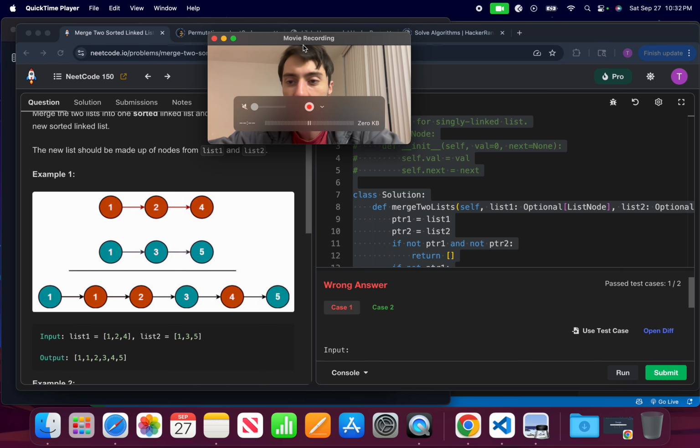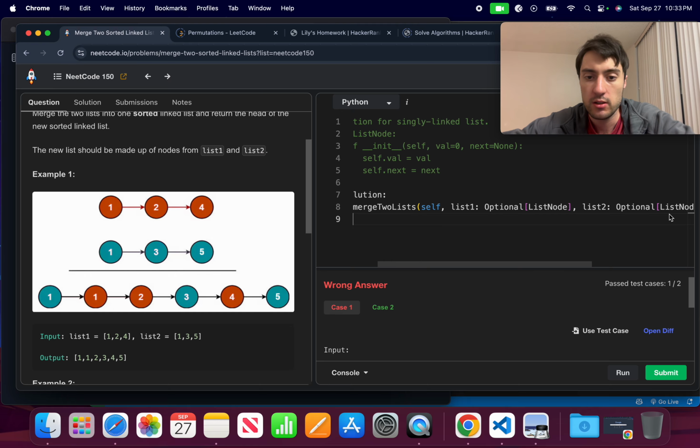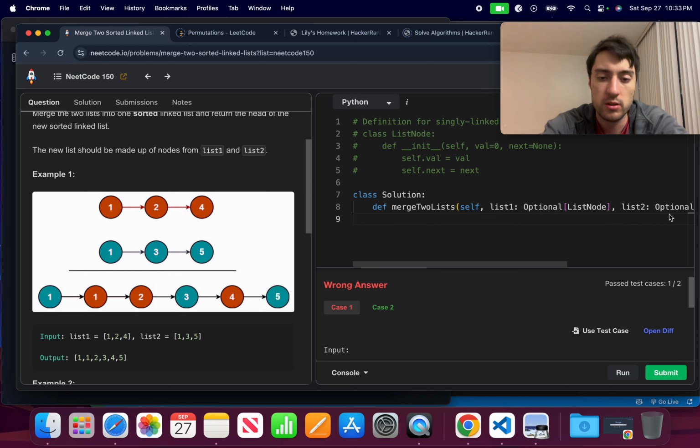There we go. Okay, so we're trying to merge these two linked lists, and they are sorted. So each list is sorted, and we're trying to merge them together. So let's see, we're going to come here, and how do we want to do this? I was thinking that we are going to need to